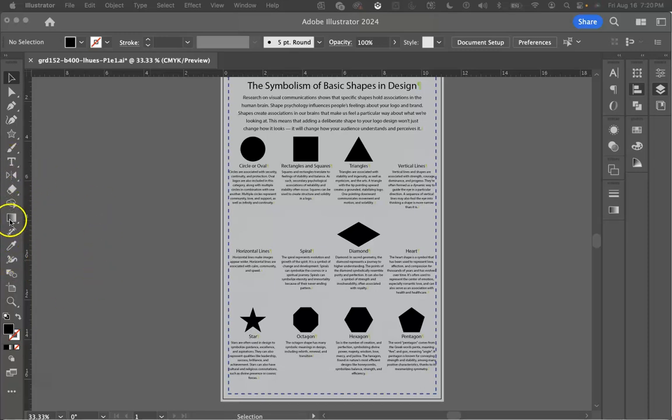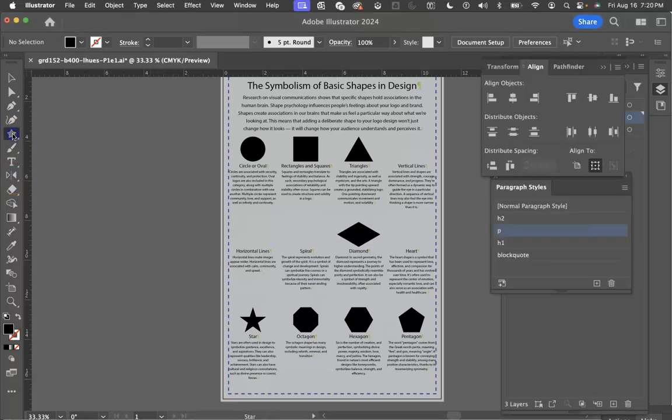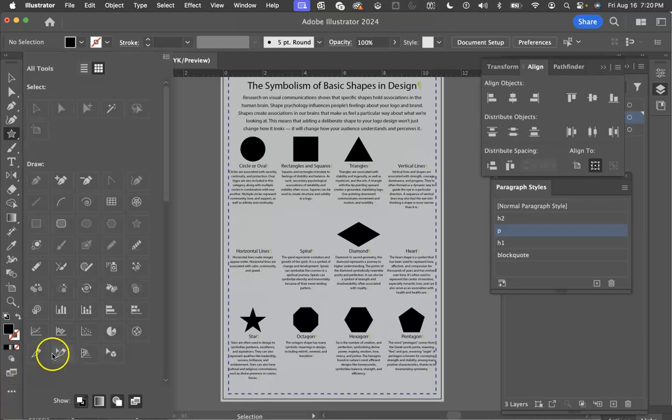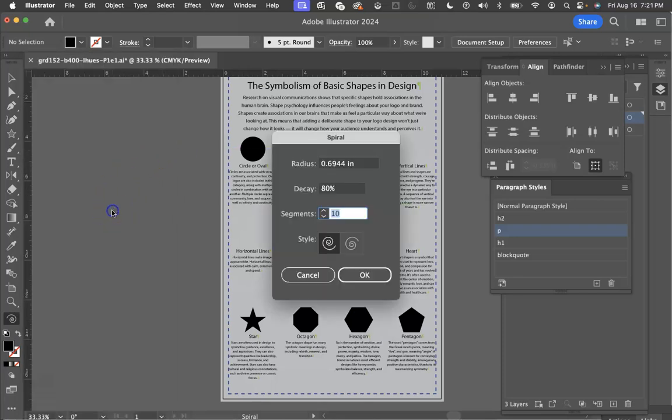It used to be a part of the shape tool that we've been using right here, but it was moved in more recent releases, and so now you just come down to this little ellipsis menu here and you can search for it, but it still exists. It's right here. So I'm going to click the spiral tool, and then